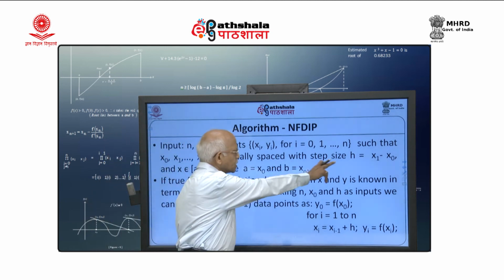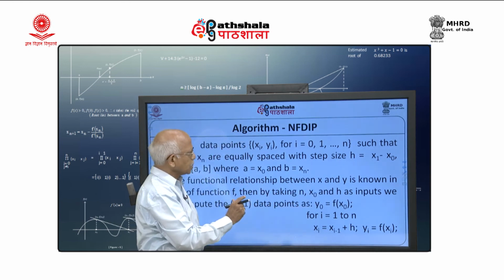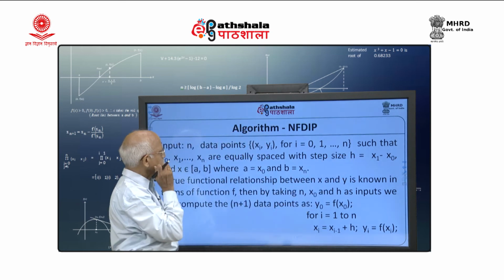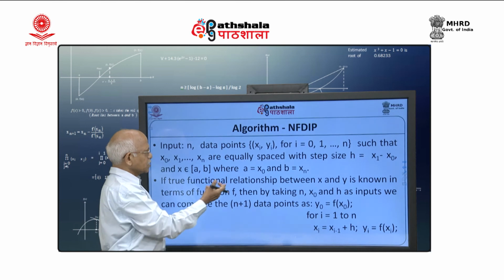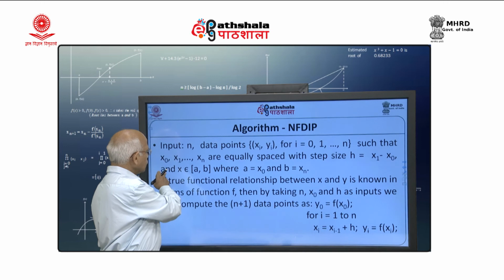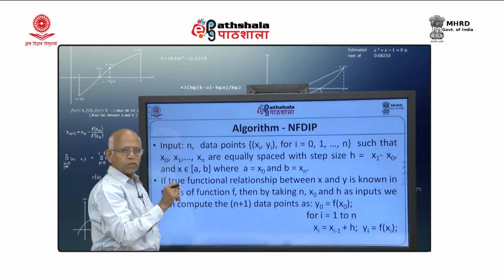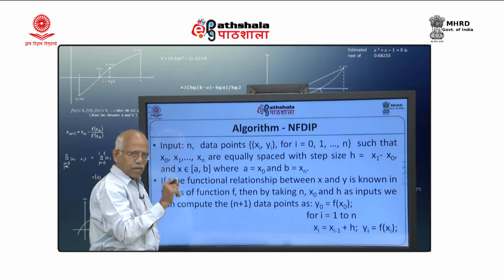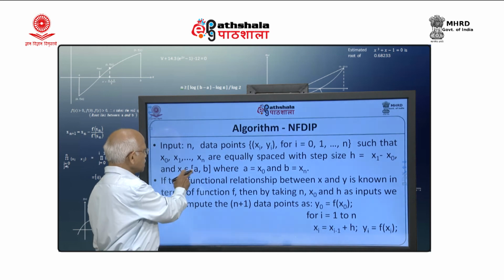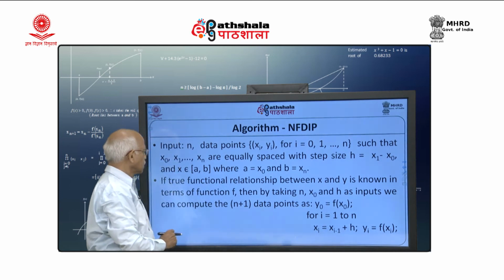Now, the step size here will be given by the difference between any two consecutive x values. So, that is x1 minus x0. So, h is my step size. That is also taken as an input, or you can compute it from the data points. And then we are given the value x at which you want to estimate the value of y, and which is not given in these nodes. So, x is in [a, b], where a is the smallest value and b is the largest observed